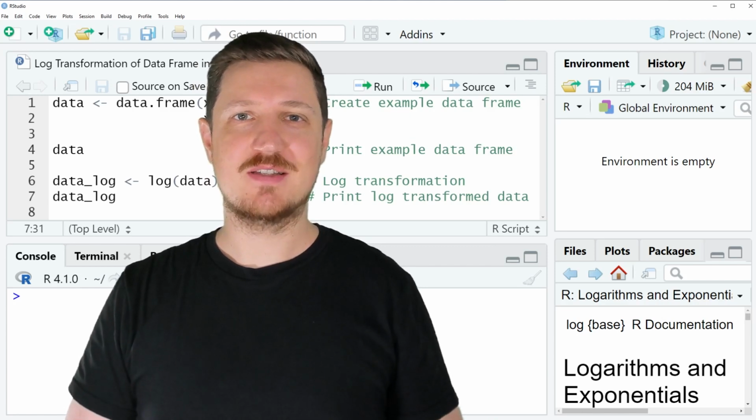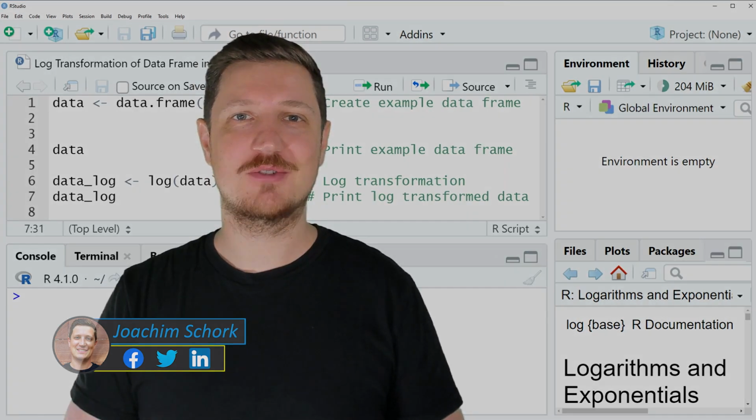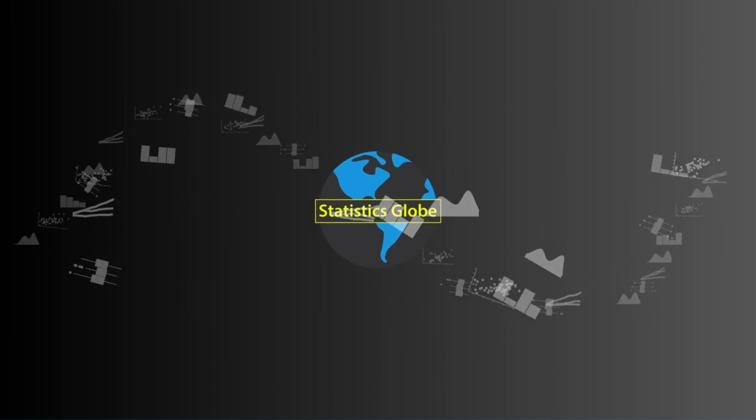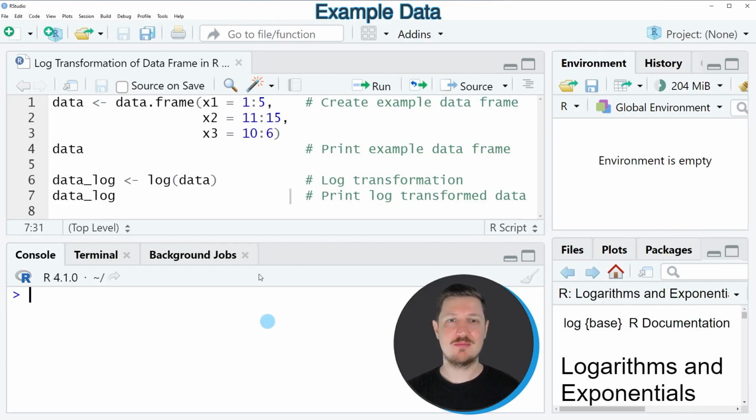This video explains how to apply a log transformation to a data frame using the R programming language. So without too much talk, let's dive into the R code. In this video I will show you an example, and for this example we first need to create a data